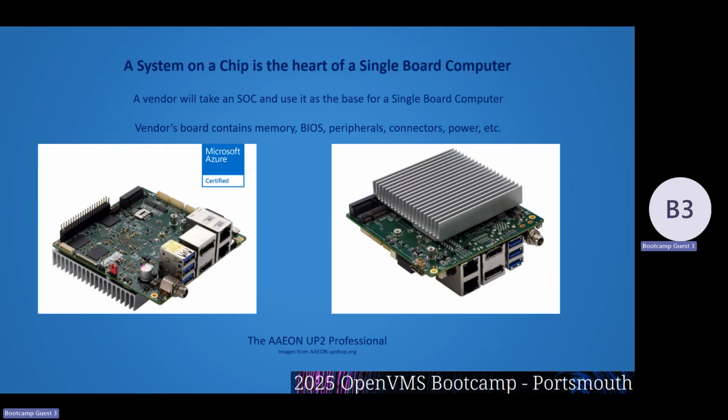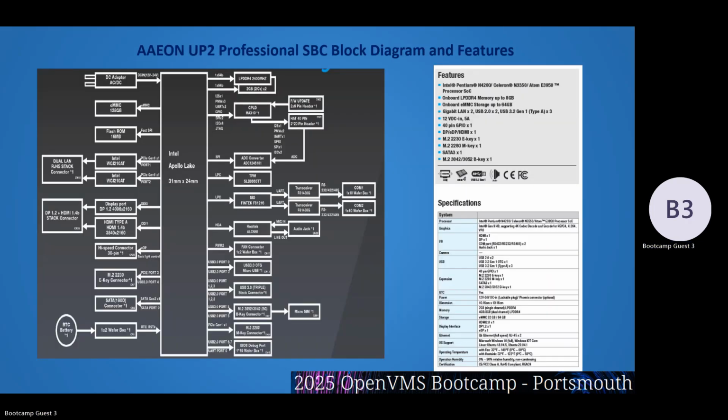Now, a vendor will take a system on a chip and use it as the core of a single board computer. Now, both of these are very literal. What the vendor does is they add memory, they add BIOS, they add peripherals, connectors, power, etc. And this is the block diagram